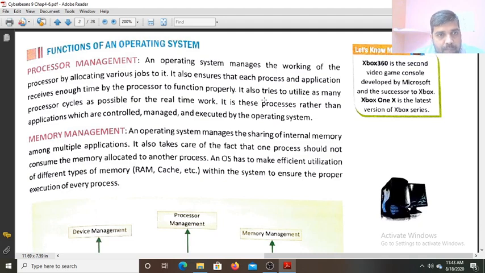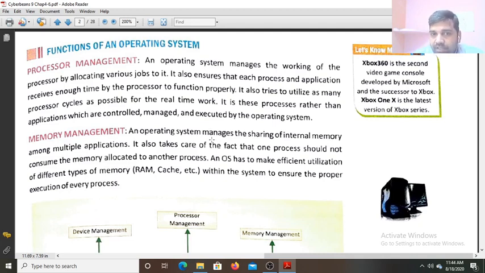Now, memory management. An operating system manages the sharing of internal memory among multiple applications. It also takes care that one process should not consume the memory allocated to another process. Suppose you have started three processes: you have opened Microsoft Word, Microsoft PowerPoint, and also a PDF.